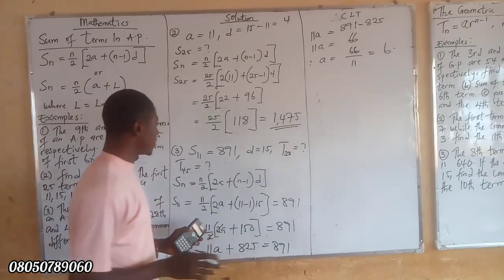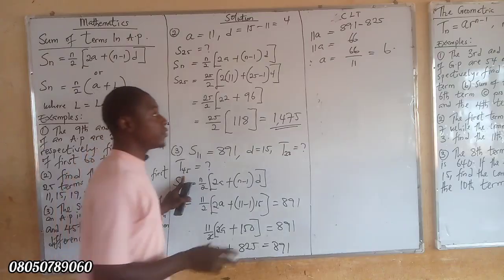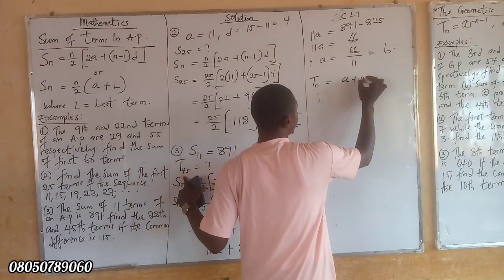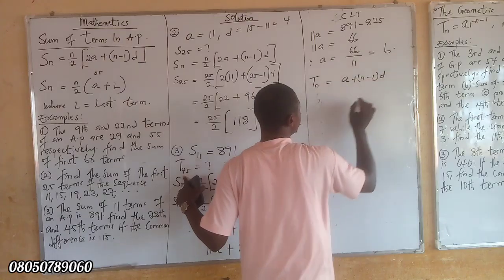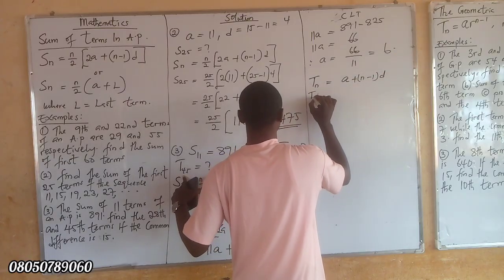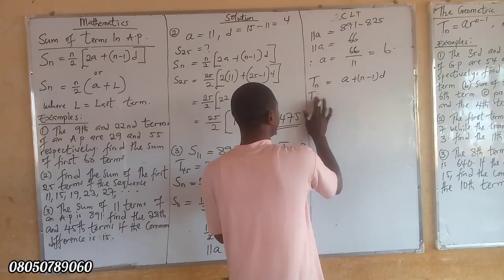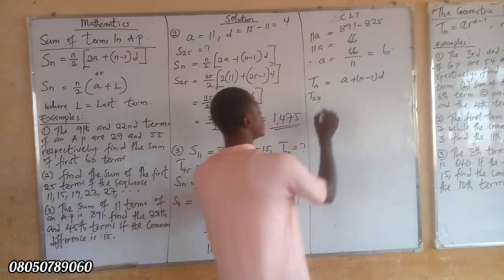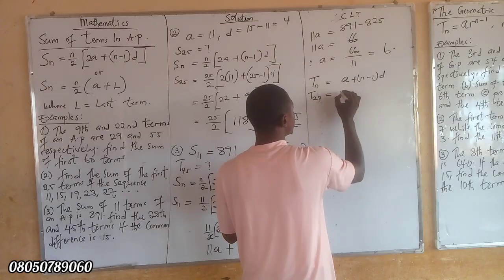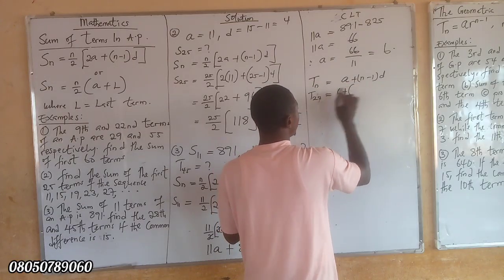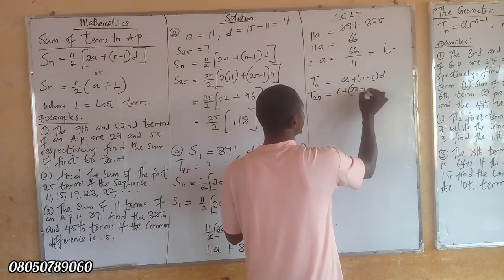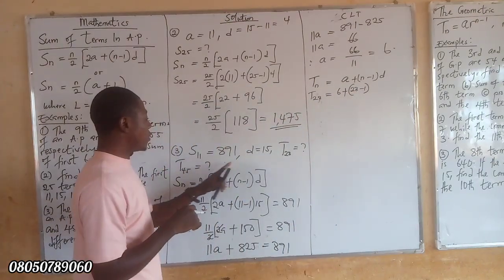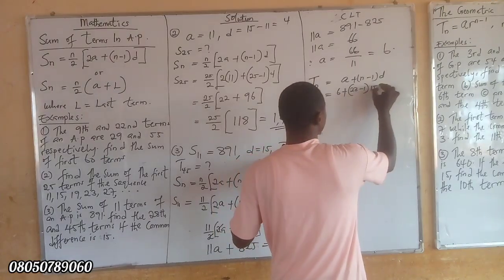Now that our A is 6, we are going to find T of 45. But remember, T of n is equal to A plus (n minus 1), all in bracket of D. Then T of 45, okay, T of 28 first. T of 28 first, this is 28. So T of 28 will be equal to, the first term is what? Is 6. Then plus our n, which will be 28 minus 1, close bracket. Then our D is given from the beginning. Our D is given to be 15. So this is going to be 15.